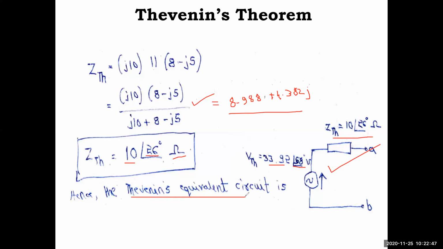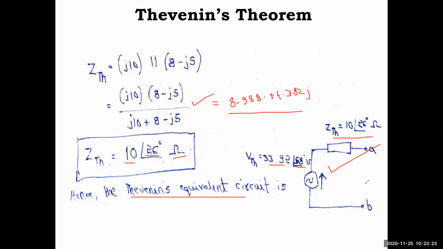With this, the concept of Thevenin's theorem problems we have done. In the next video we go through the next important theorem, Norton's theorem. It is almost similar to Thevenin's theorem, and the steps are also almost similar. The difference is that it is the source-transformed circuit of Thevenin's equivalent circuit. Here you have a voltage source in series with impedance; in Norton's you have a current source in parallel with impedance. Any complex circuit we will convert into a current source in parallel with impedance.